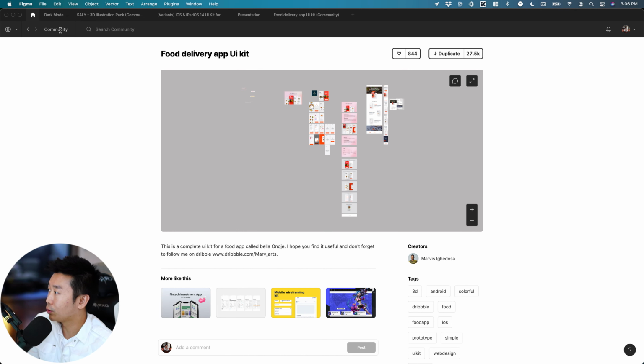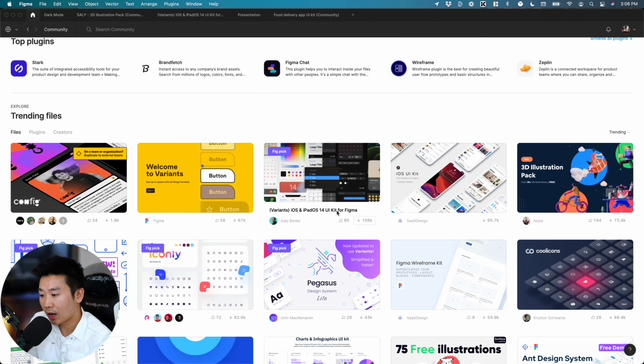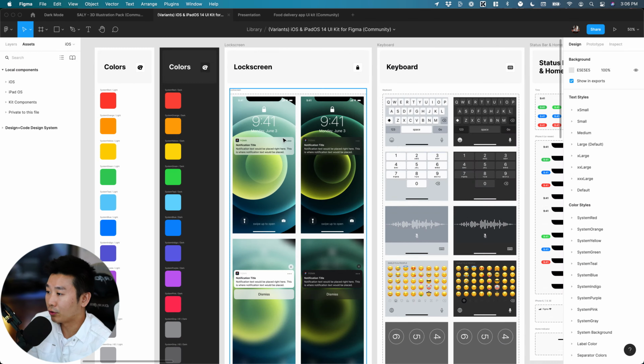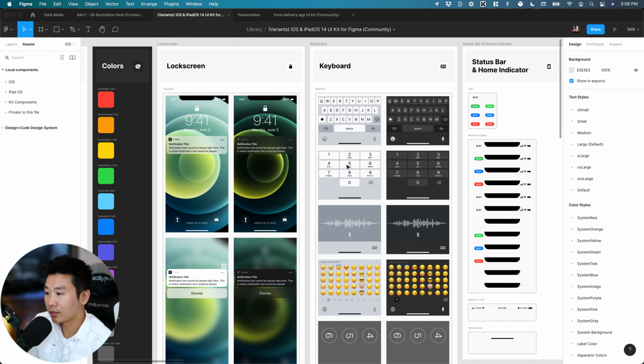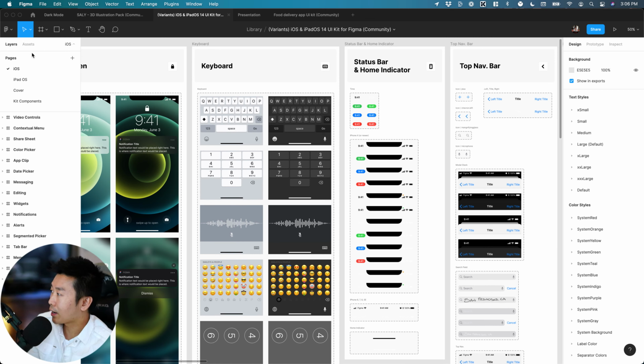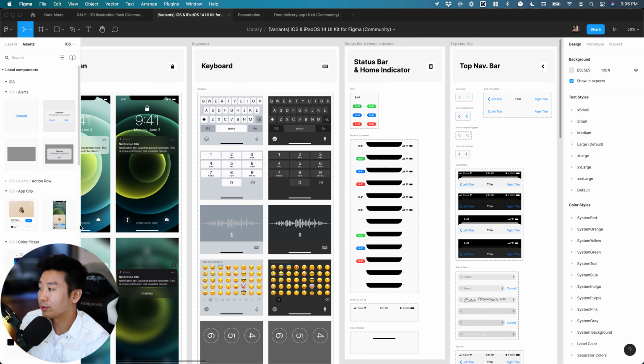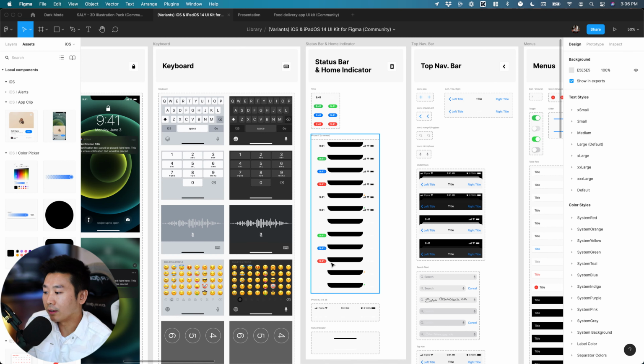And, if you go to community, we have some of these key resources such as the iOS UI kit. And so if you look at this, you're going to find the color system and a lot of the components that you're going to be able to get from the assets here. So if you go to the left tab here, you're going to go to assets, you're going to find your components, and you can just drag and drop these components and create your layout. And if you're starting out in iOS development, this is what you should do. You shouldn't try to create your own layout, but if you have experience, that's fine,